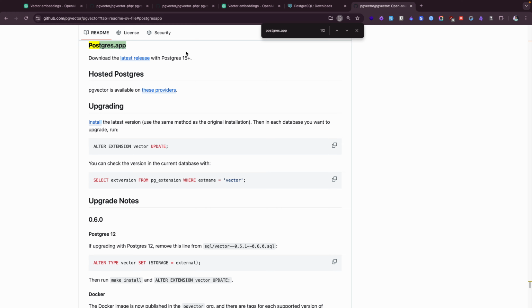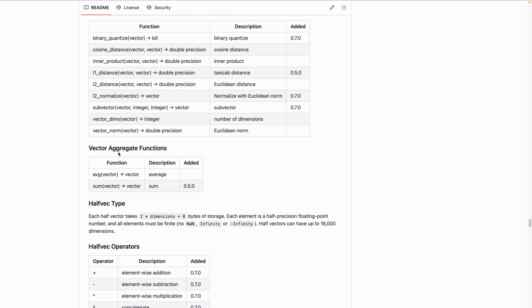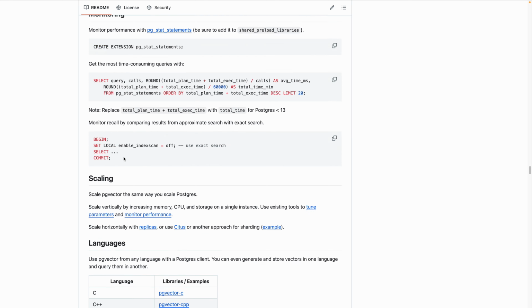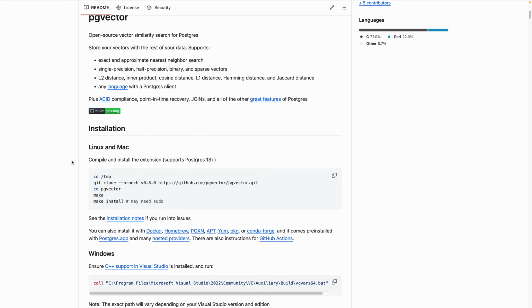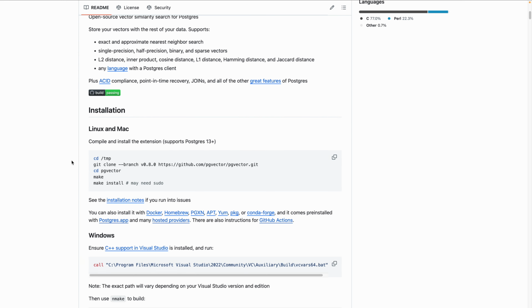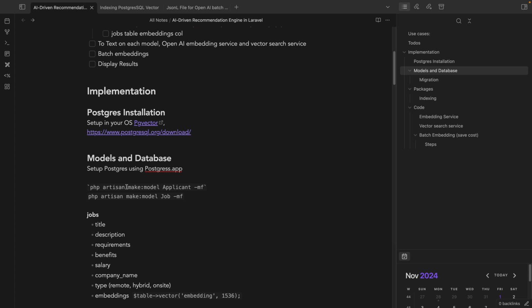So just Postgres app, install it, and this is enabled. Otherwise just go through these steps and you should be good to go. Alright, once we have the Postgres extension enabled, now we are ready to move into our Laravel application and generate